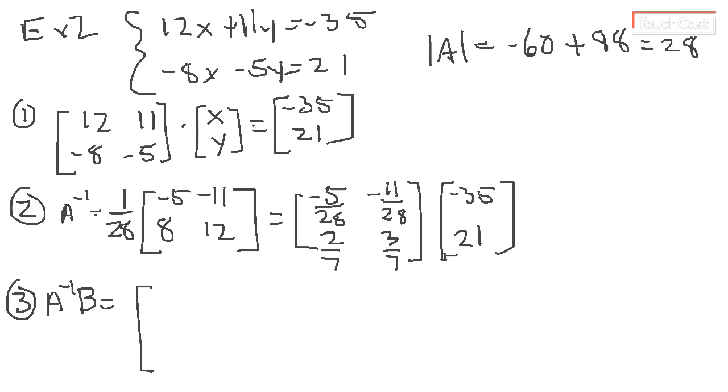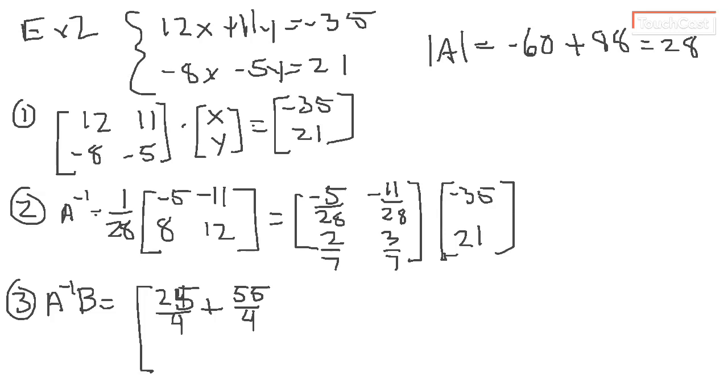So we're going to go negative 5 over 28 times negative 35, which we can simplify to be 25 over 4. And then we're going to add to that negative 11 over 28 times negative 35. So we're going to have 55 over 4. And then down below,